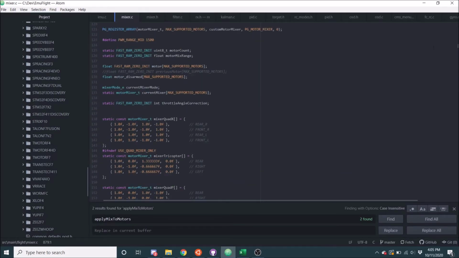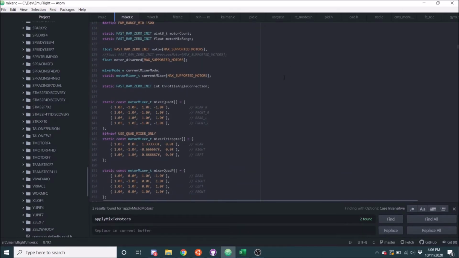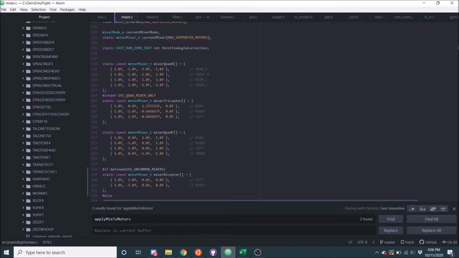So for all of you guys, PID should be fairly simple terms. Roll, pitch, and yaw should also be simple terms. So what the mixer does is it literally is the code that mixes your roll, pitch, and yaw PID sums. So the PID sum is the addition of P, I, and D, and it also mixes the throttle into all of that. So we have these tables of mixers, these arrays,